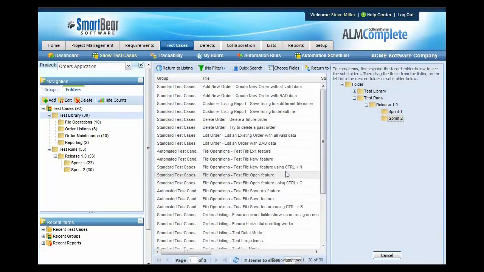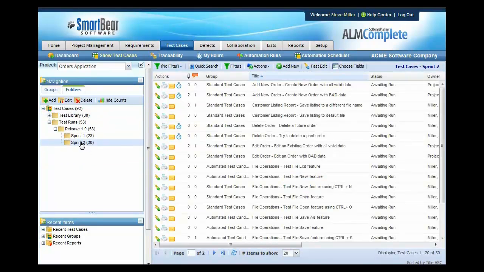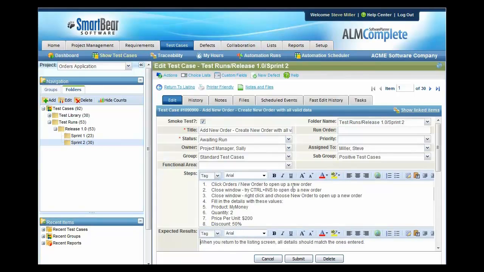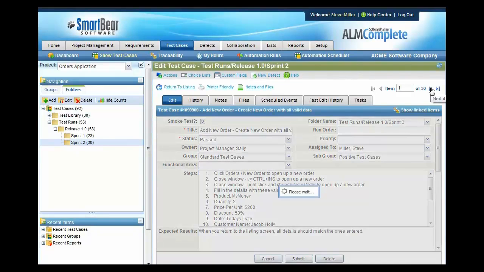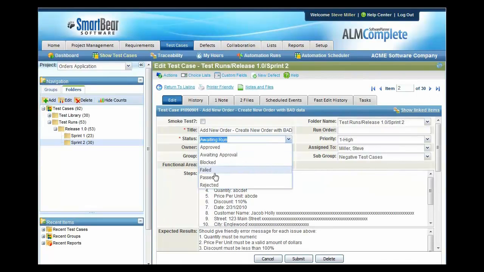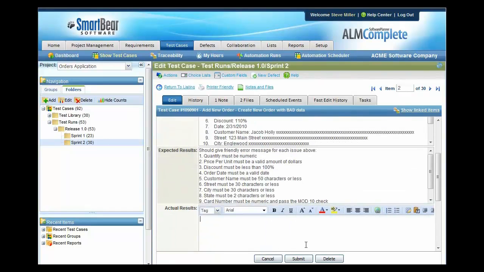Now what we can see is that we have 30 test cases slated to be run in this sprint. To begin running them, we simply go into Run Mode. We'll go through the steps here and look at the expected result. If everything works fine, we'll mark this as passed and we'll move on to the next test in the series. But let's imagine we get to this particular test case and it fails. We'd want to record here in the actual results what happened, maybe the quantity allowed non-numerics,